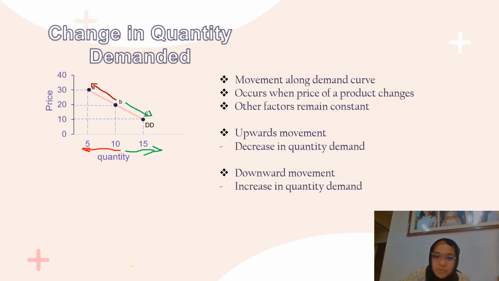So it is also proven that a downward movement happens to be an increase in quantity demanded. So both are proven. And this action, the upward movement and decrease in quantity demanded, is called contraction. And the downward movement, increase in quantity demanded, is called expansion. Okay, we will get next